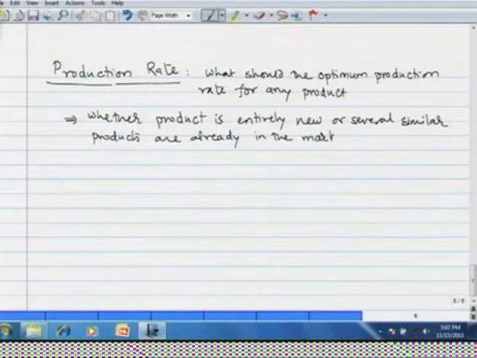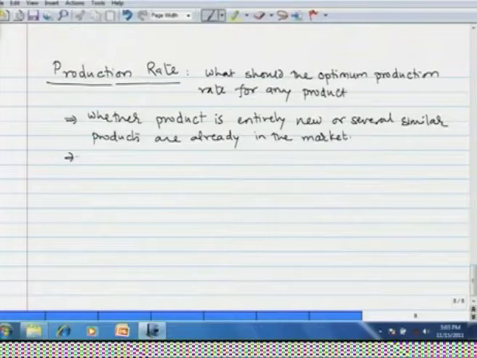Whenever a company invents a process for production of a new product or a new process for production of an existing product, they patent it. That means no other company or competitor can use the same process or manufacture the same product. However, competitor companies always try to find alternate methods or ways of designing or producing the same product or a similar product which has the same properties as the product introduced by this company, and therefore, the product has a certain life. Okay. So, the life of the product is also an important factor in designing the production rate.